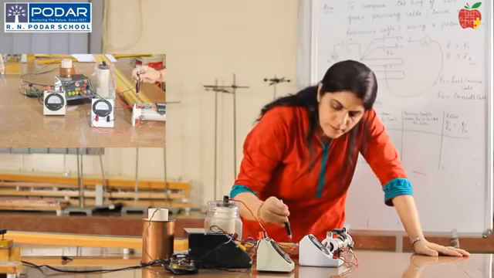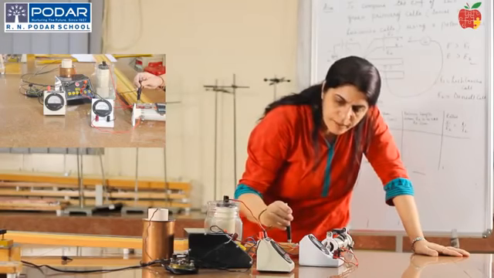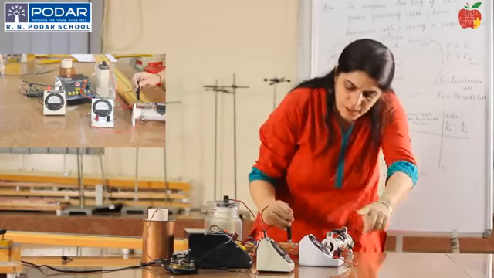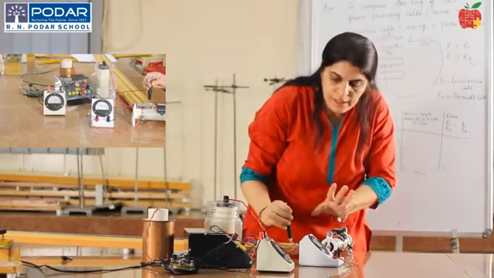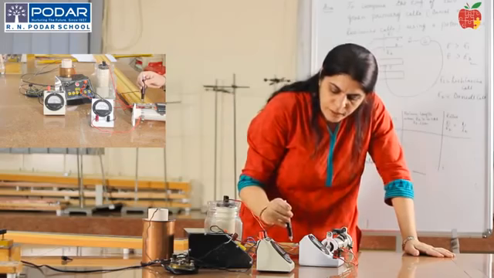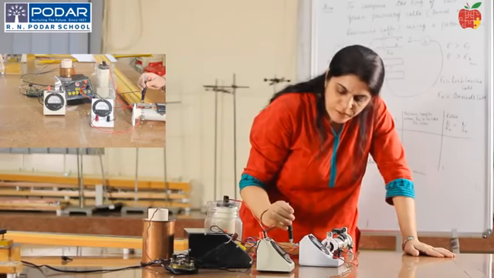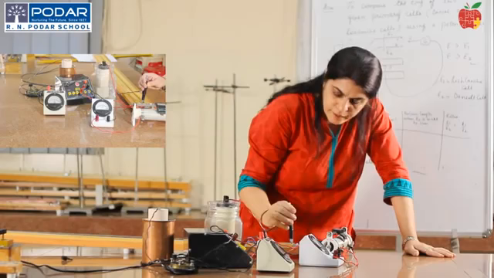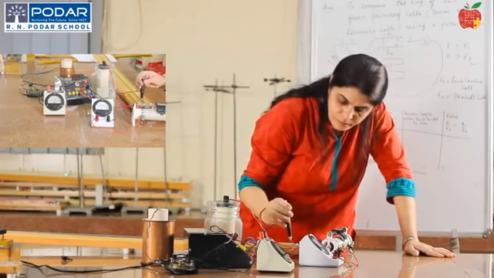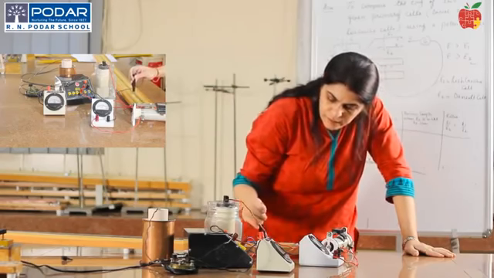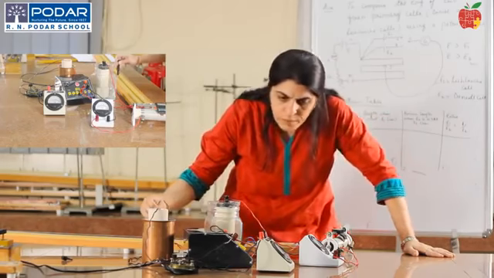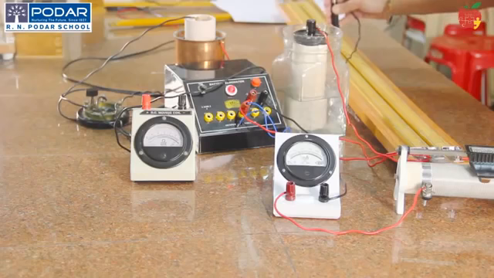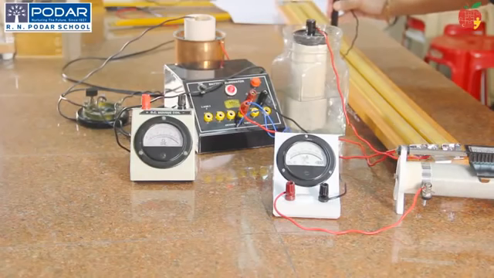Now take the jockey, press it at one end, and observe the deflection in the galvanometer. Place it at the last end. The deflection is in the opposite direction. Yes, the circuit is correct. Now start moving on the second wire. We see the deflection is on the opposite side as in the first deflection. Now start moving this on the second wire and note down where you observe the null deflection.